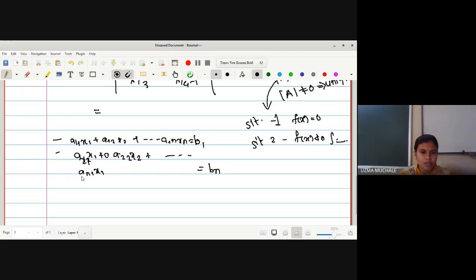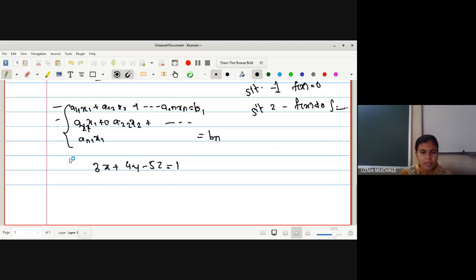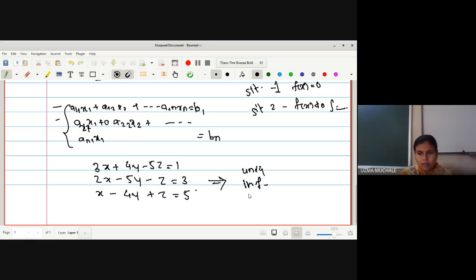Then we have found the solutions for these equations. Rather, if you are confused with this, let me write down the equations that you know. Suppose it is of the form 3x plus 4y minus 5z is equal to 1. Okay. Next we have solved, suppose, 2x minus 5y minus z is equal to, say, 3. And one more equation, x minus 4y plus z is equal to, say, 5. Okay. While solving these equations, I hope you go through these cases: unique solution, infinitely many solutions, and the next case, it may have no solutions, right?